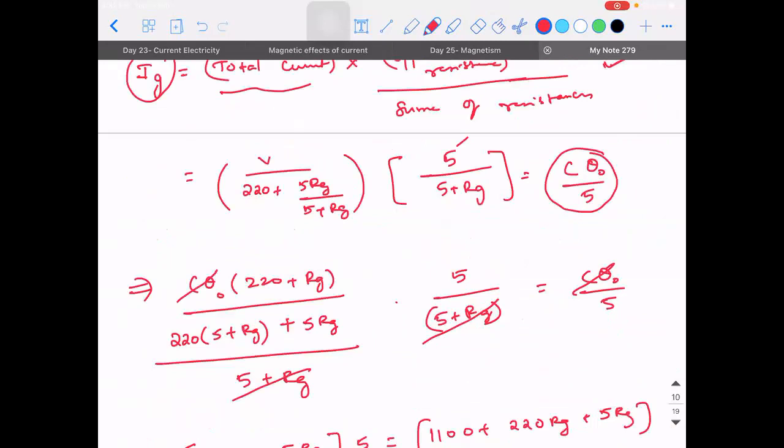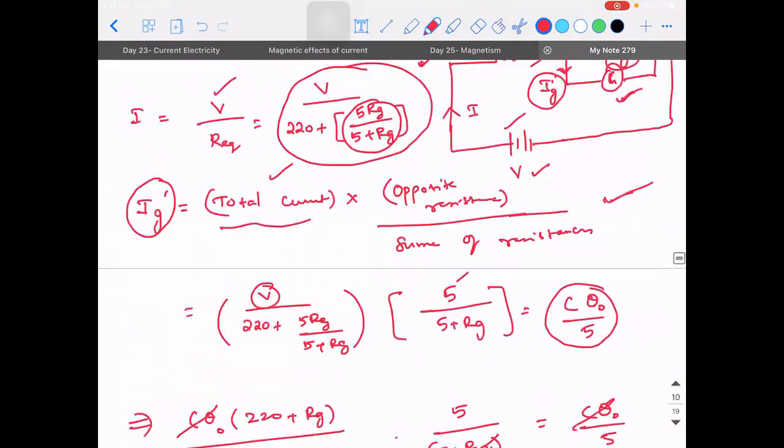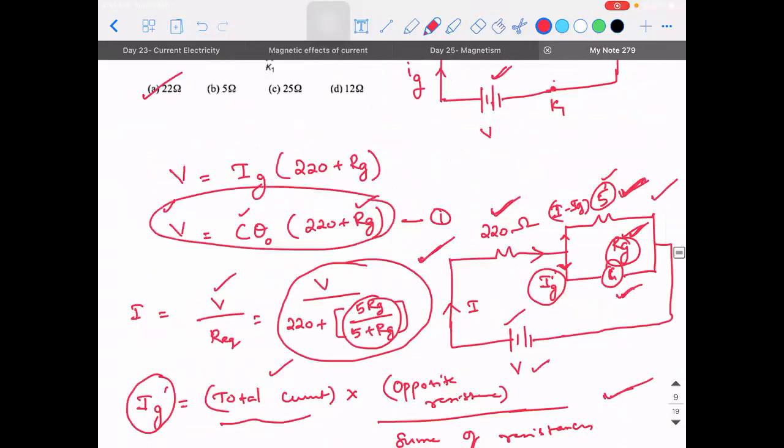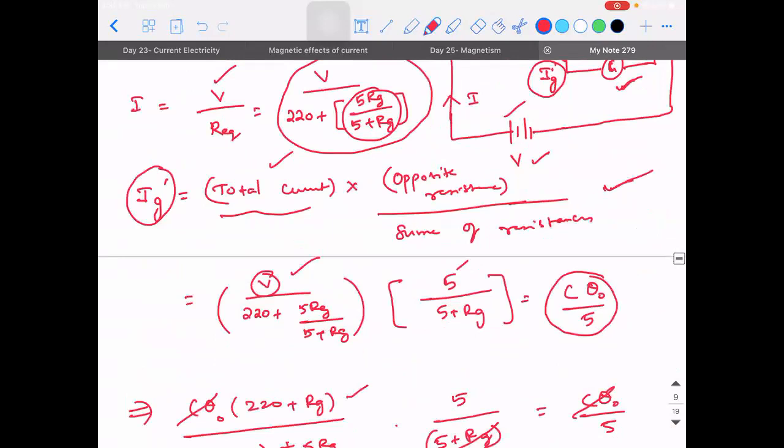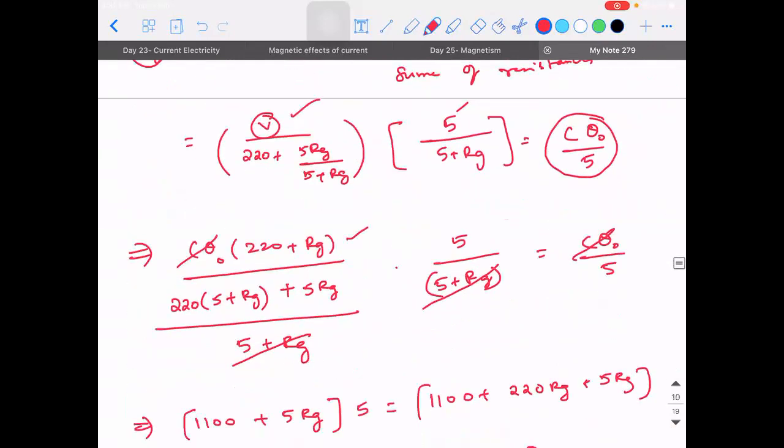Yes. Okay. After that, what I did is, I took the V value from the first thing and I substituted it here. That is why I wrote it in the numerator. Then remaining part is mathematical calculations. Yes, sir. Got it? So try this problem again. It's a very good problem. So ensure you mark it as important and try it again. Okay, now let's go to the next problem.